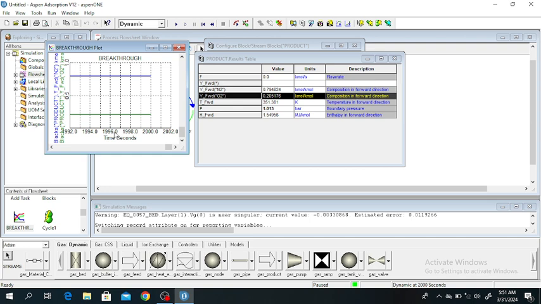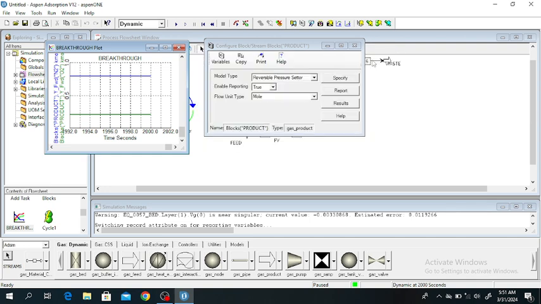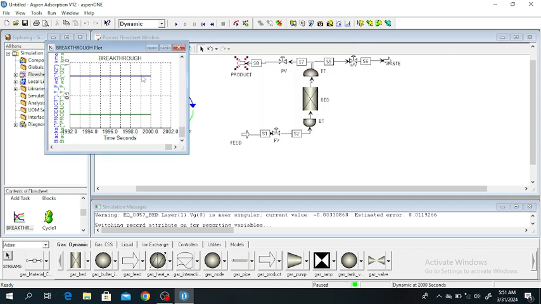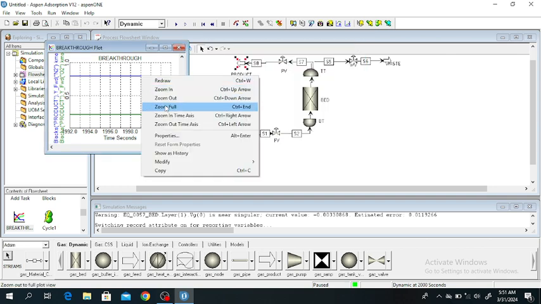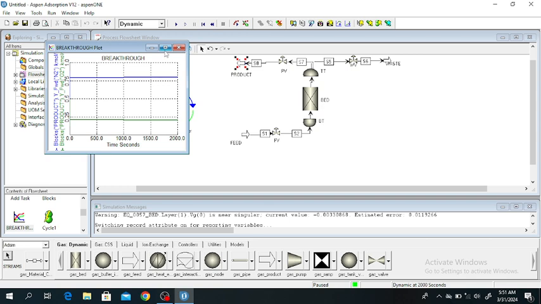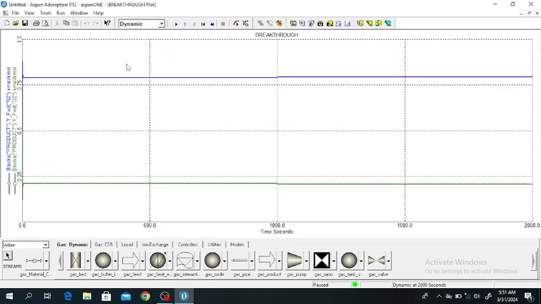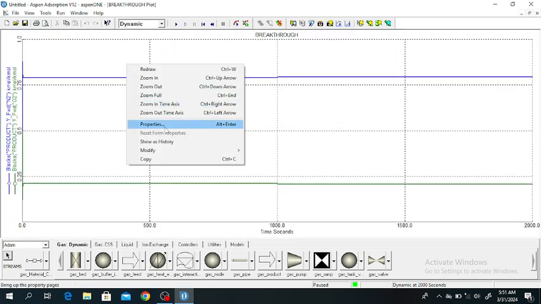This is the time. So close this one, right click, zoom full, or you can click on property,